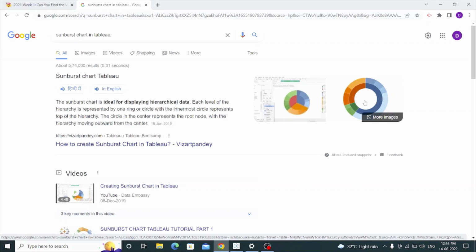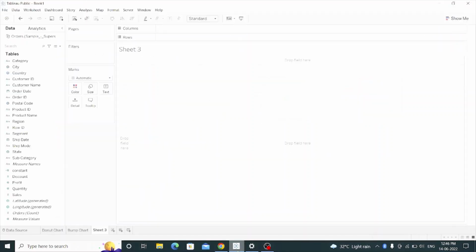So let's start from scratch. So let's jump into Tableau. Today I am going to use the sample superstore dataset, and these are the fields contained in that. For a sunburst chart, I have to make a calculated field